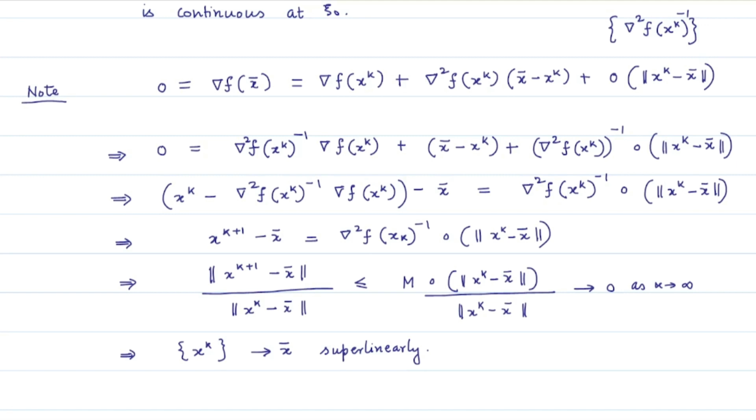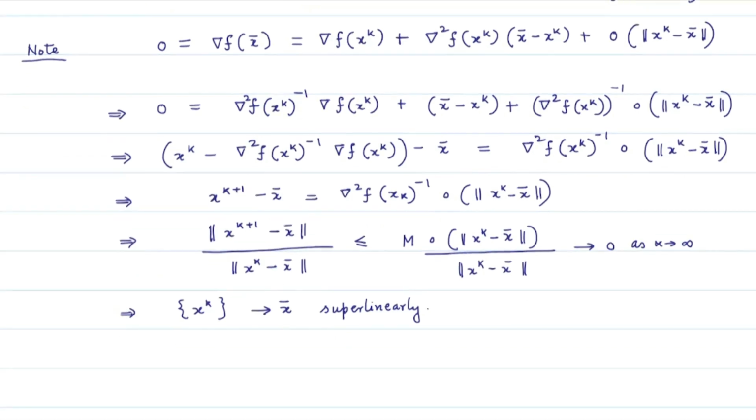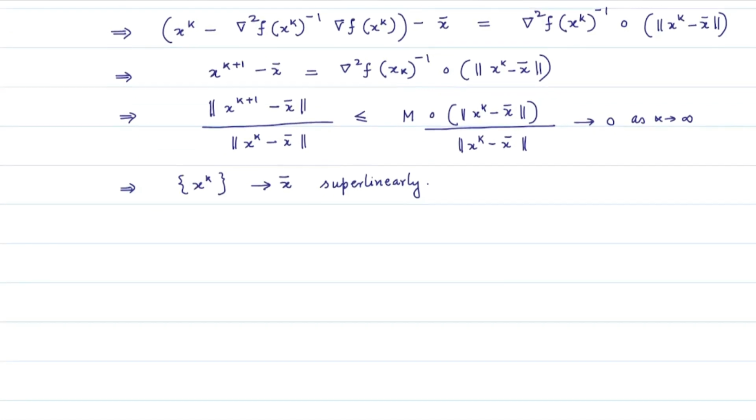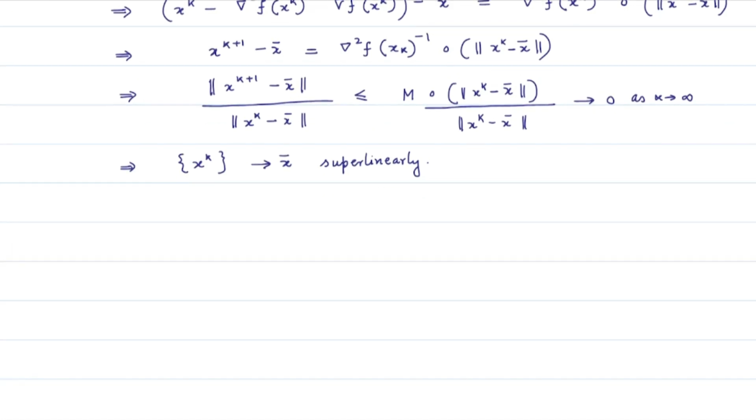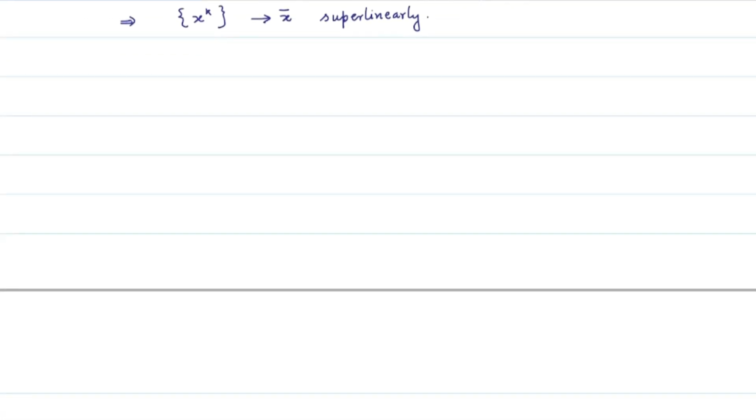But here we see that from the derivation of the Newton's method, once the sequence xk converges to x bar, then it converges superlinearly. And not only this, under certain assumptions on the initial point and some assumptions on the Hessian matrix at a stationary point x bar, we can prove that the Newton's method converges to a stationary point with q order of convergence at least 2. The result neatly states that